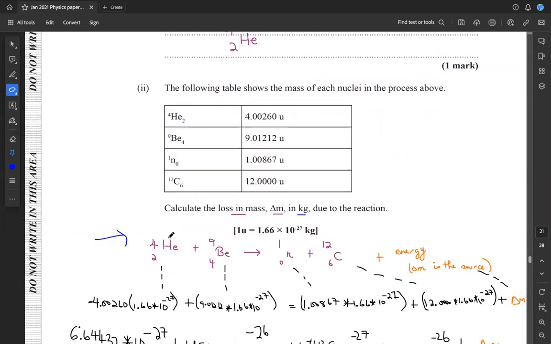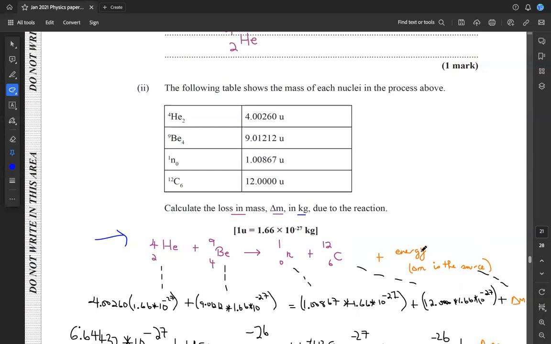And so we know the way that the fusion works is that we have this alpha particle combined with a beryllium nuclei to then liberate a neutron and this carbon nuclei. But in that process, of course, they told us in the question that there's some energy that's liberated as well. And so we know